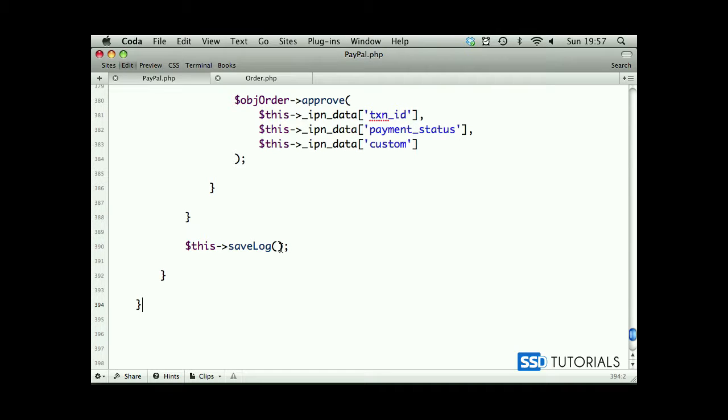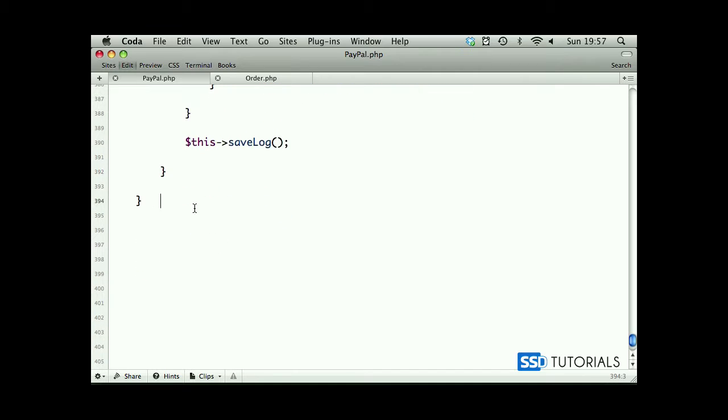So now it's time to create our save log method, which basically takes all of the parameters sent by PayPal and saves them into the text file. So if we scroll down, create a few new lines. So if we start with private function saveLog,